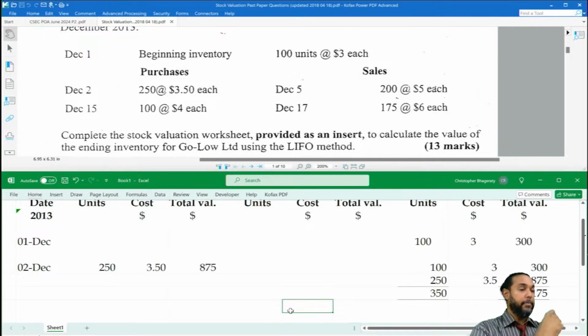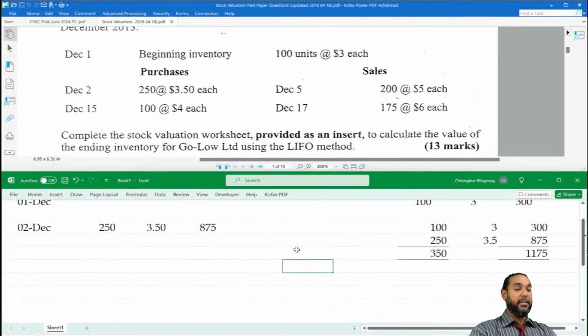All right. Now on the 5th, I make a sale of 20 at 5 each. Now, the thing is, when I make a sale, it has to come from these batches, right? It might all come from one, or it might come from a next one, whatever the case is. But generally speaking,